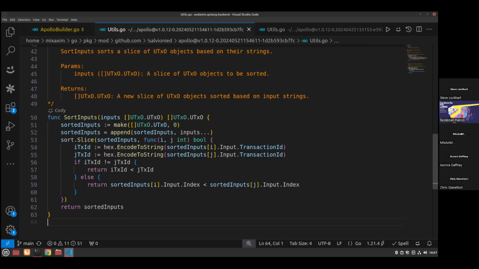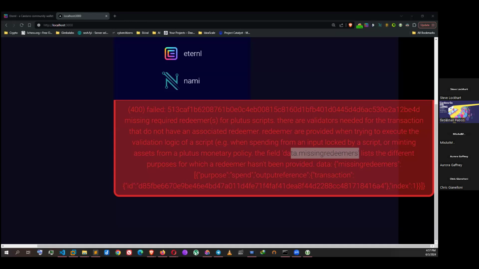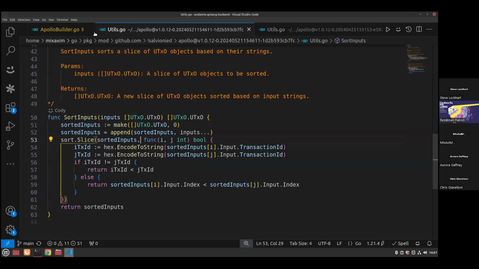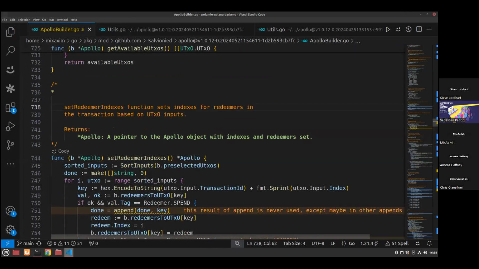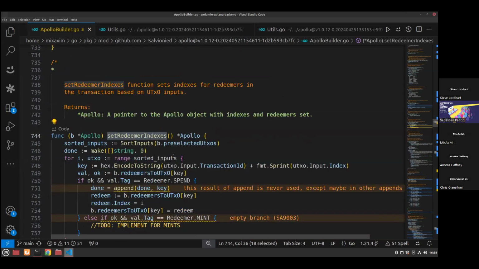Let me look. I mean, if you guys have implemented it for Bluefin, maybe I can look at it. Is it in Bluefin or Gerolamo, that function? I was just looking at the code, and it doesn't actually seem to be in Bluefin. Yeah, it may have been on something internal we were writing. Okay. So this is the set redeemer indexes and